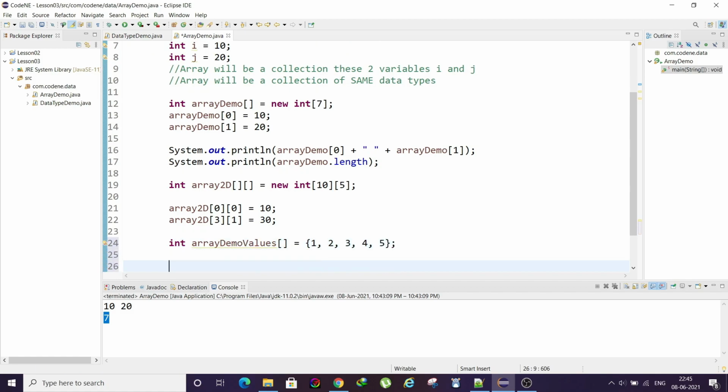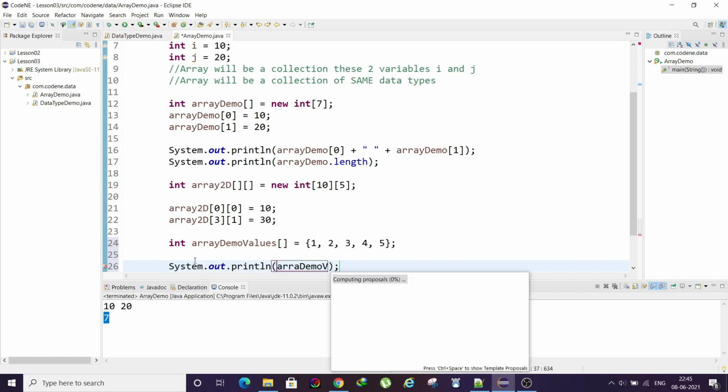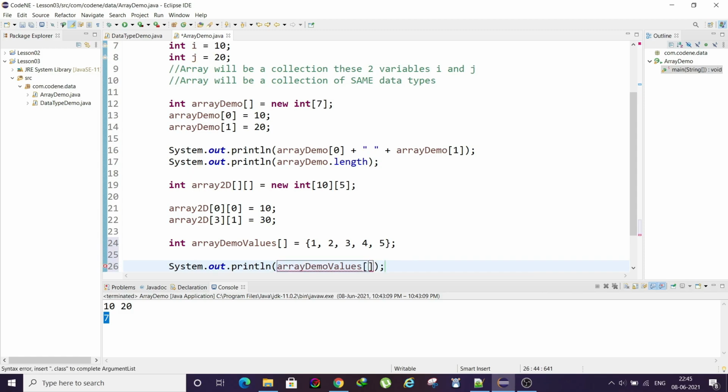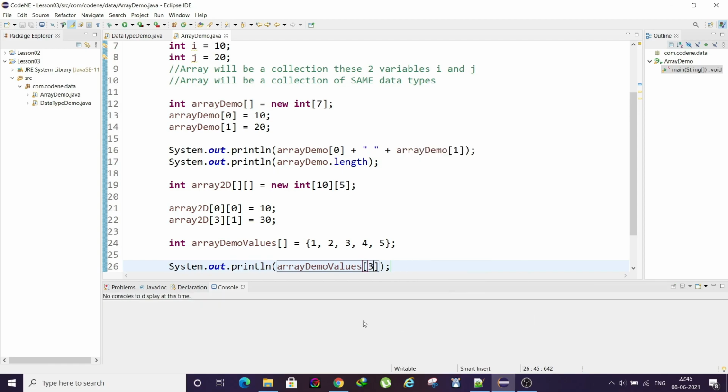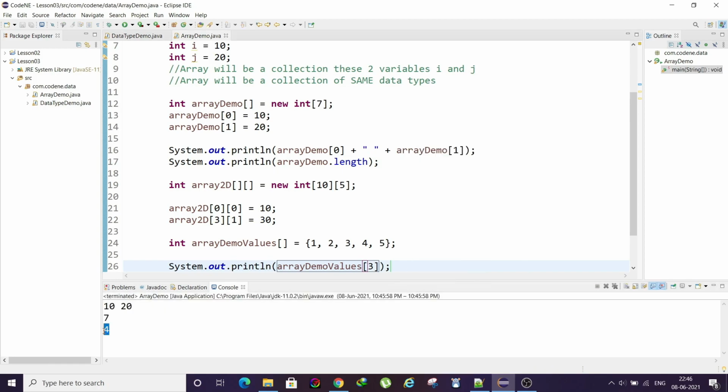Okay, if you write like this, let's say I want to print the element at index 3. So can you guess which one it will print? So when we run this, you'll see it will print 4.